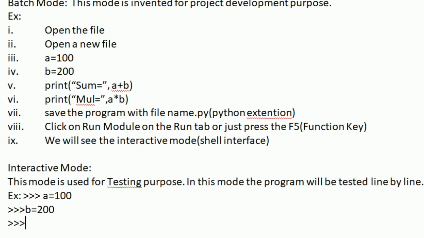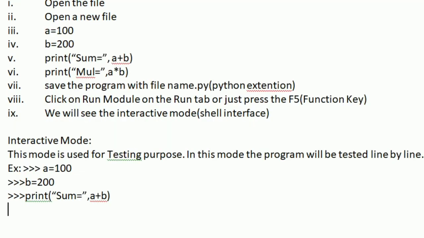Now I want to display the addition of these two variables. So I will simply write print sum equals a plus b. As we press enter, we get the resultant value 300. These are different patterns of modes which are used inside Python programming.